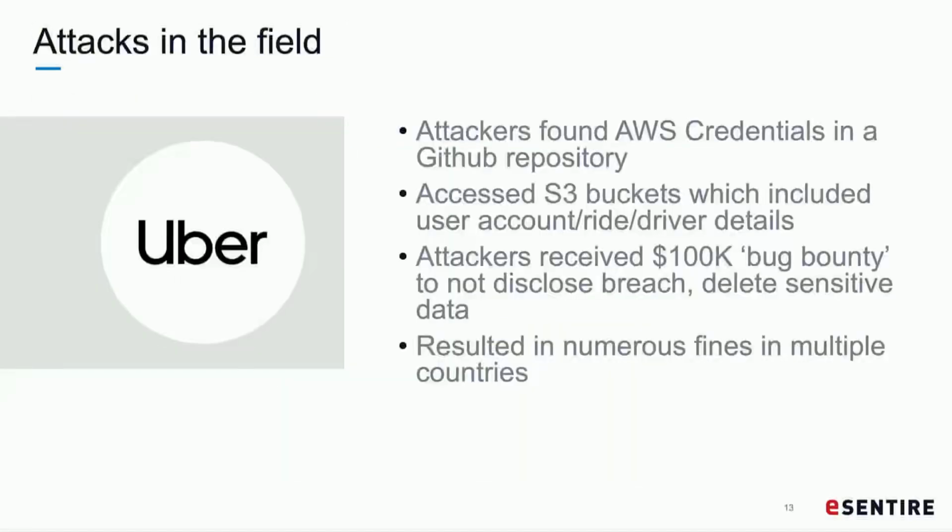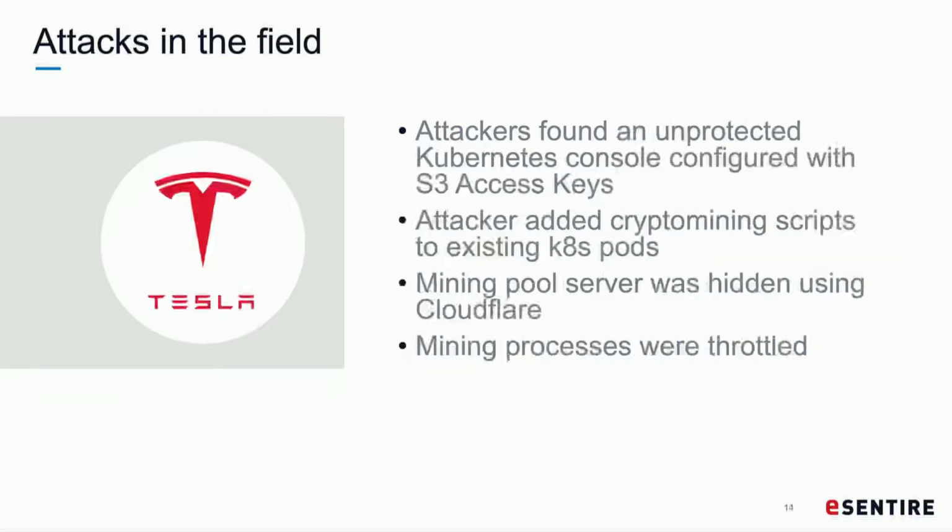So some examples that I'm sure we're all familiar with here. Uber. They posted some code which allowed the attackers to gain access to a portion of their infrastructure. It was S3 buckets that they stole data from, and then they took that data and extorted them. Uber paid the bounty as a bug bounty. It all became public, and then everyone was waving their finger at Uber, of course.